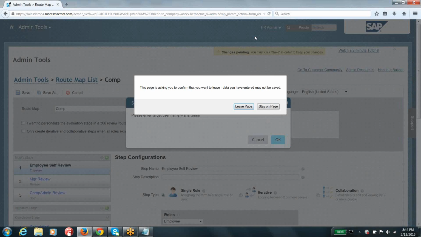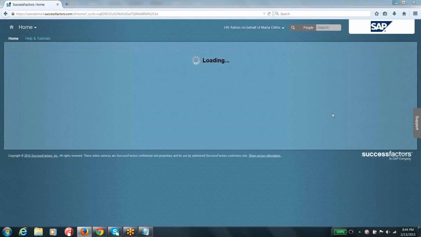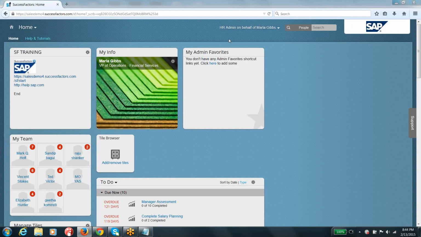Can you please scroll your screen up so we can see them at the bottom, because it's not visible? No. I'll come back to that particular section, because I want to show you how an end user is going to look like. For an end user, how the route map is going to look like. Let me show you that. Then I'll come back to that particular configuration.